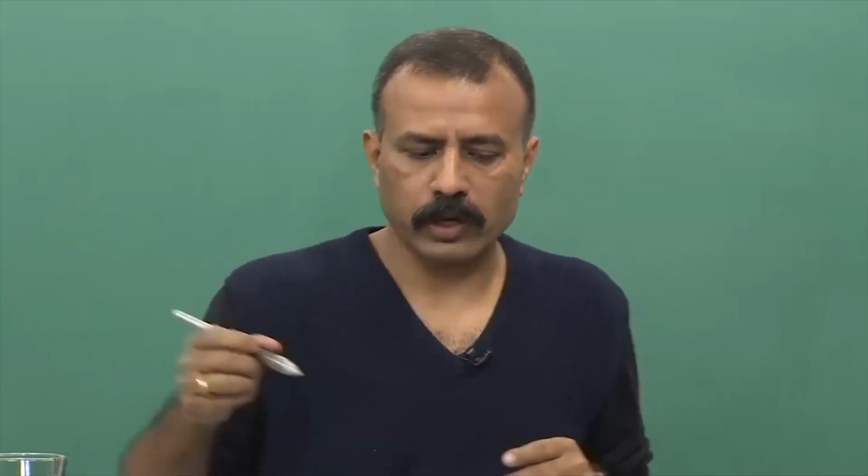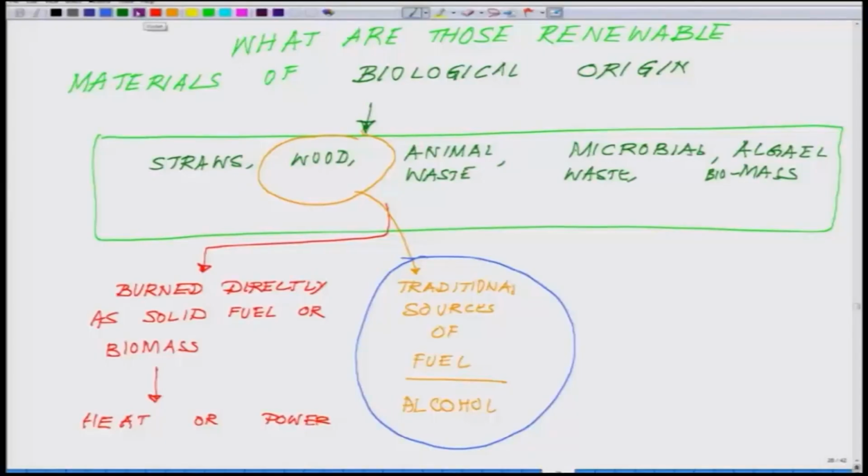Now, we will come to a second route. Okay. Talking about the second route, from here you can convert all these, this whole thing could follow a different path, and I am coming to that path now. The second path is that you can generate liquid biofuels from all these,